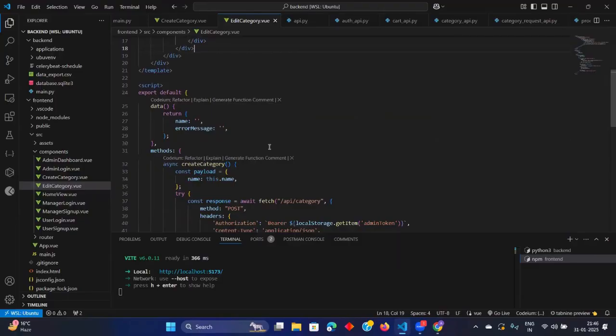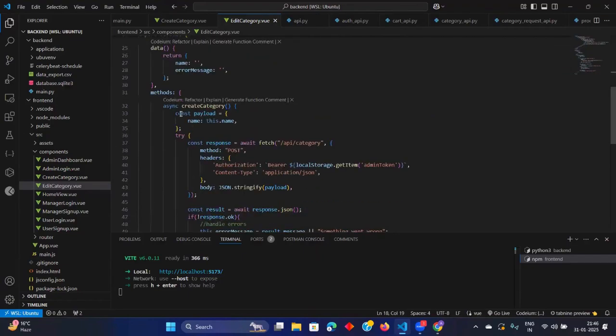Now let us see what we need to do. This payload thing should also be the same. And then fetch API slash category. Now it will have some category ID also, right? So we can use this way to get the category ID.